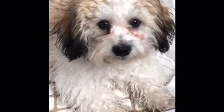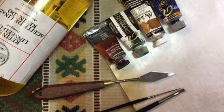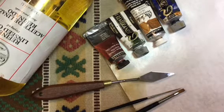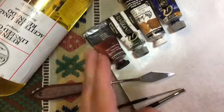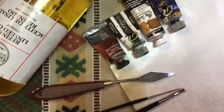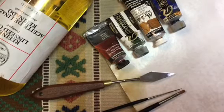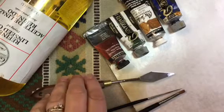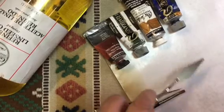Take it away, Patti. Thank you, Patches, for introducing this next part of the video. I'm going to show you some of the things that I use when I do Rosemaling. Remember there are two things that we must have: brushes and paint. Here are some of my tubes of oil paint, and you don't need many colors. Here are some brushes, and again, you can certainly do Rosemaling with just one or two brushes. And then what is needed is a palette knife so that I can mix my colors